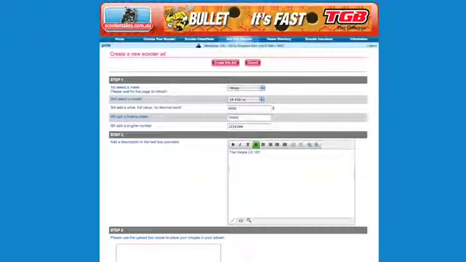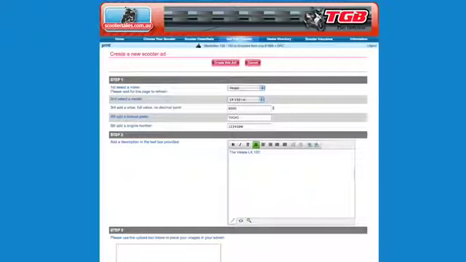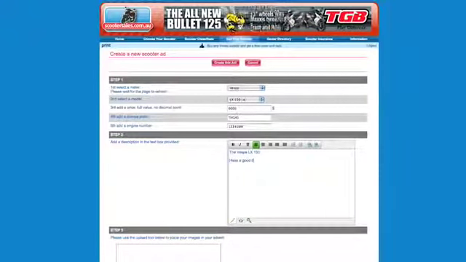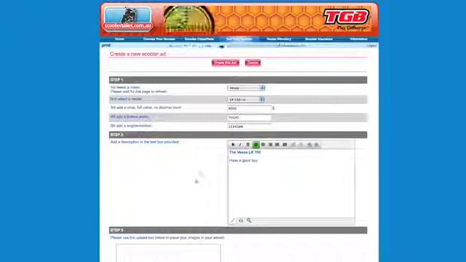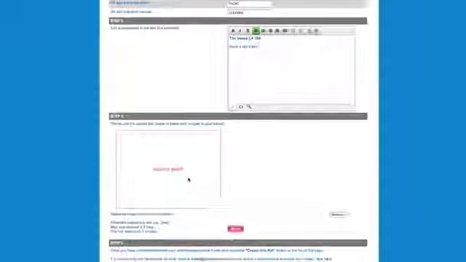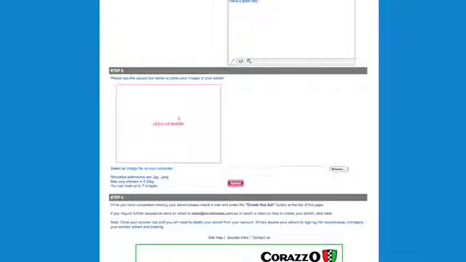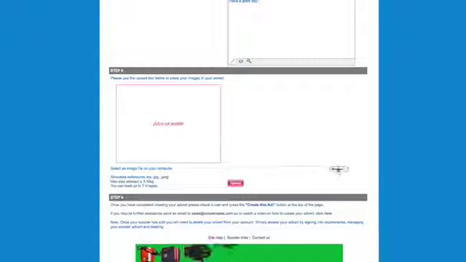Now, if you're familiar with text areas, you can quite simply place it here. If you need to do anything like bold the text or anything like that, you can use these simple tools here. You can even put a link in if you need to link them somewhere to more information. As we go down the page, the last step in the process is to actually upload a picture when creating our advert. So we would browse our computer,